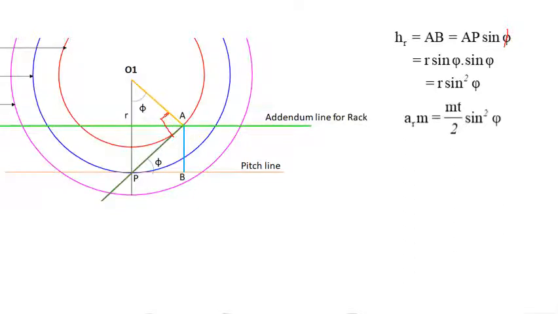So I'm going to substitute HR value. So HR is nothing but what? Addendum of the radius. So that can be AR into M. In order to avoid the interference, we have to multiply the module with the addendum. So AR represents addendum of the rack. Okay. And here we know that R can be written as